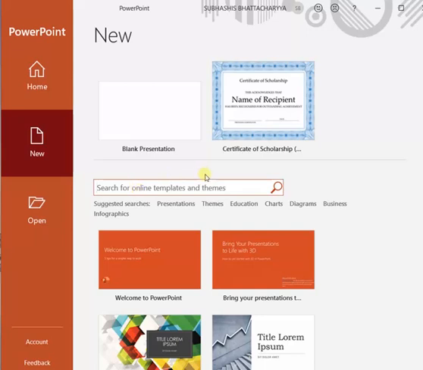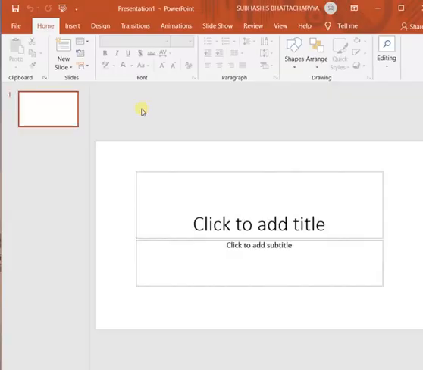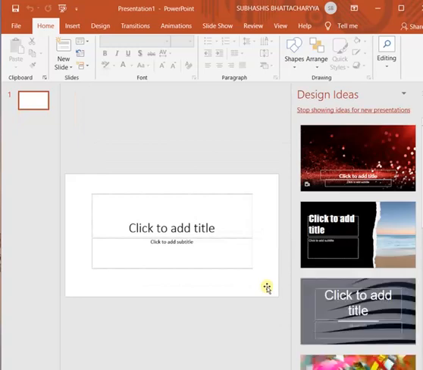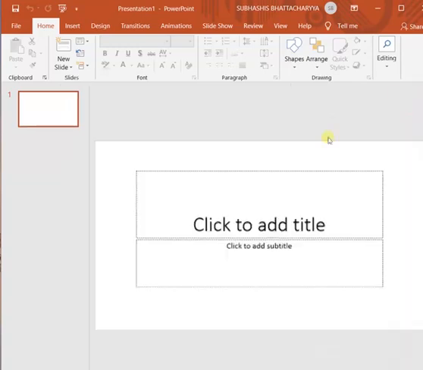Now if we create a presentation by blank presentation, then you have to click on blank presentation. Here you will see that nothing is there, everything you have to design by your own. The background color, then font style, font color, then different types of effects, everything you have to give here.